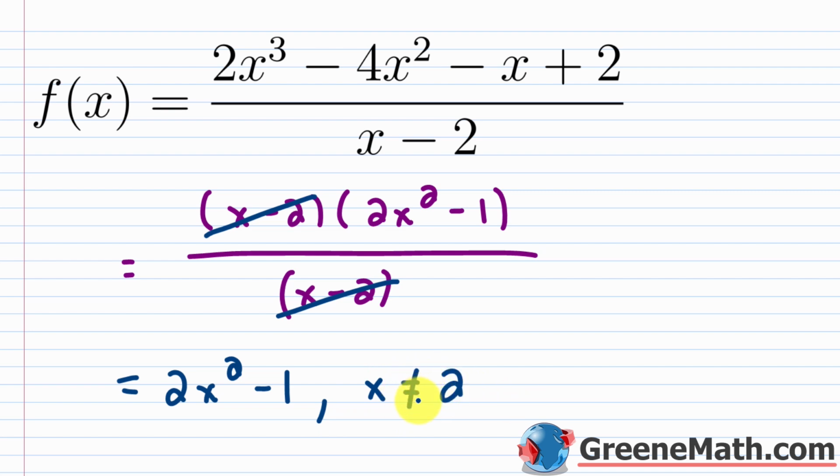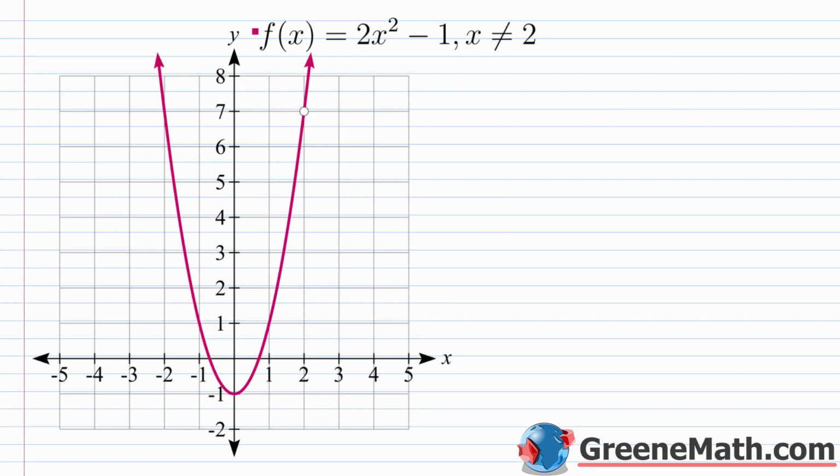So when you sketch the graph of this guy, you're going to graph f of x equals 2x squared minus 1, but where x would be equal to 2, you're going to put a hole. So that's going to look like this. This is f of x equals 2x squared minus 1, where x is not equal to 2. So if you look at where x is 2, you see that we put a little hole in the graph. So that would be 2 comma 7 on the normal graph for just f of x equals 2x